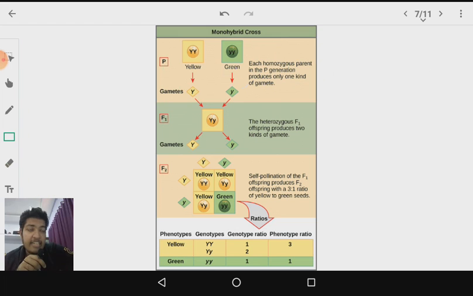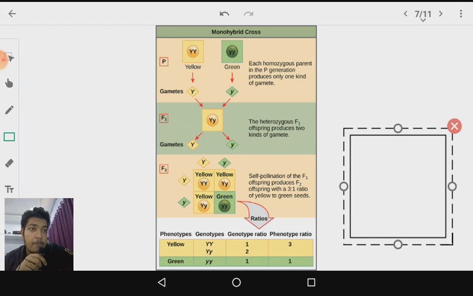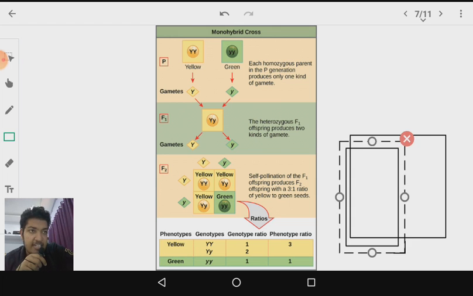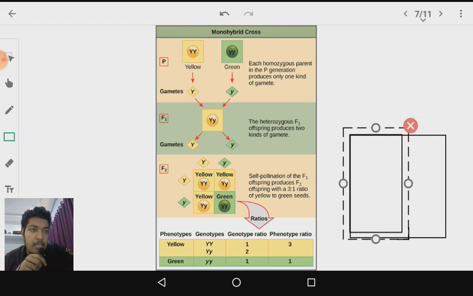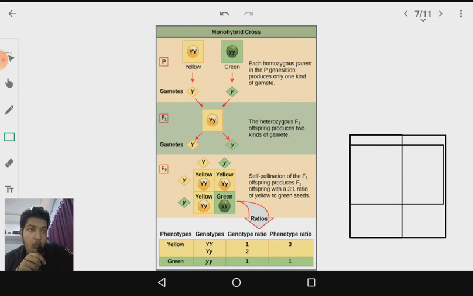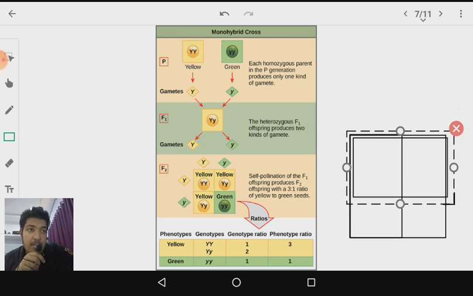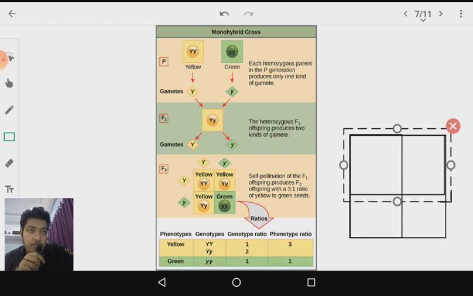Punnett square is a technique which was developed by a British scientist named Reginald C. Punnett, and he had developed a technique for easily calculating the gametes. How to do it, I will be telling. First of all, we know that for carrying out the selfing, we have two organisms, right? Or two different flowers. So the first one